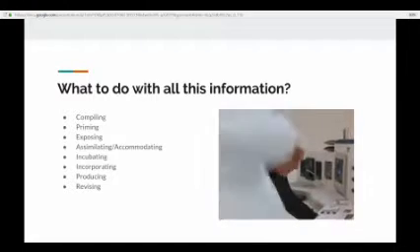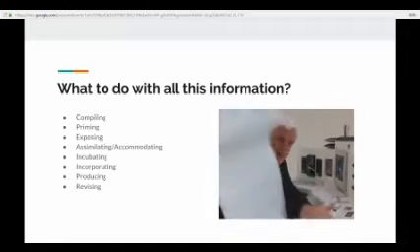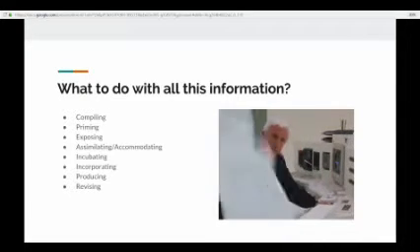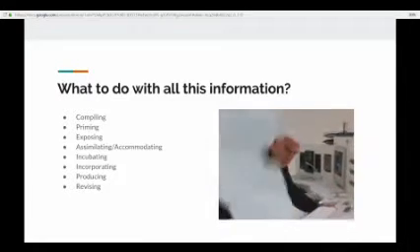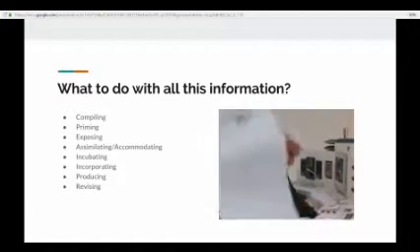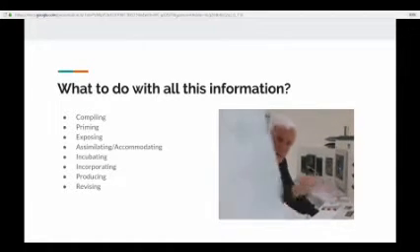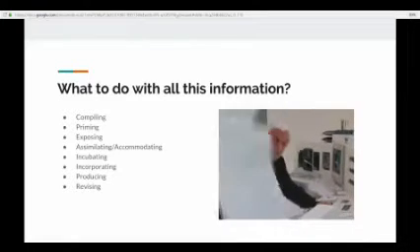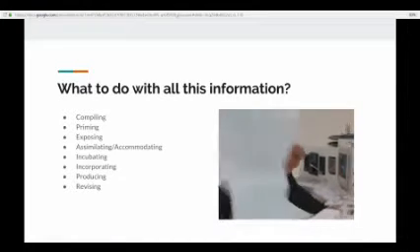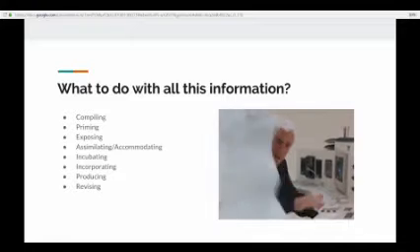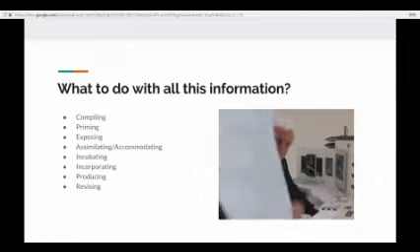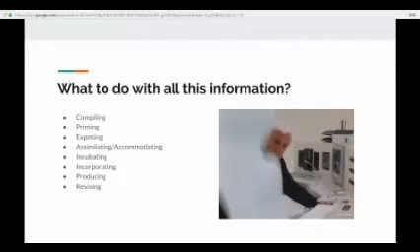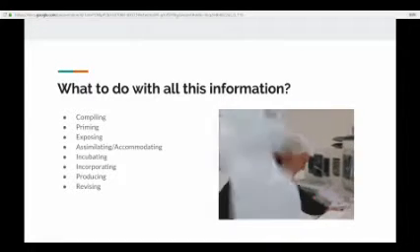So once you do that, what do you do with all the information? What I think a lot of students don't realize is that research isn't just going out and finding, which is the very first step, compiling. It's also reading, and it's also sitting with that information, letting it sink in a bit. So we have a whole lot of steps as far as gathering information goes. First, we compile, which I just mentioned. We then prime ourselves.